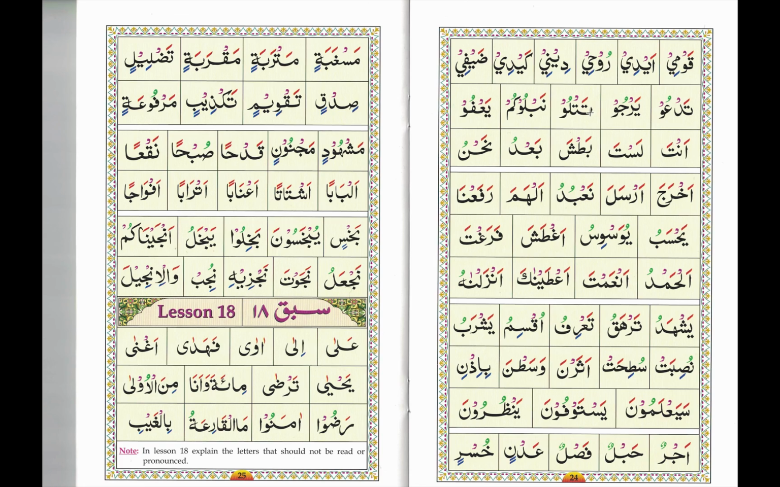There are 2 tas over here. The first ta will join to the second ta, tat. Then the lam will be stretched by the waw sakin, lu, tatlu. The nun will join to the ba, nab. Then the lam will be stretched by the waw sakin, lu, nablu. Then the kaf over here will join to the mim sakin, kum,